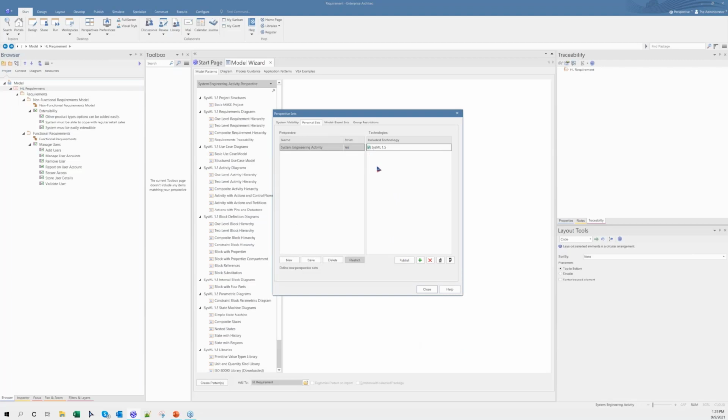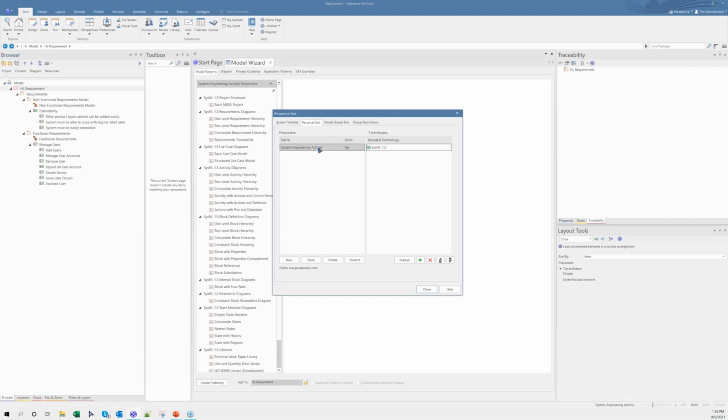Now, in order to get this assigned to the group restriction, I have to get this moved to the model based sets. If I move it to the model based set, this would be applicable for the DB model, where all the users who are members of the particular group to which we are assigning it can access this perspective.